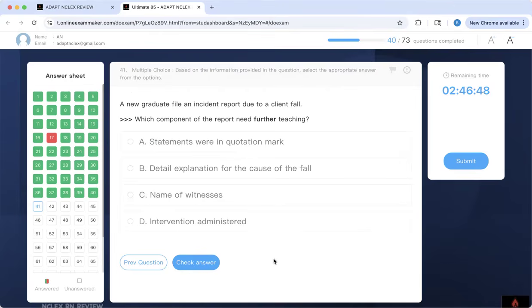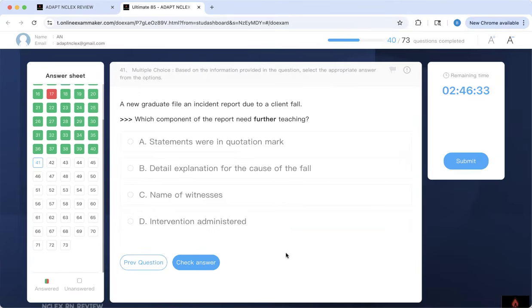Incident report. What should you include? A statement in quotation marks, a detailed explanation for the cause of the fall, the name of the witness, and the intervention administered. Which should you include in the incident report, and which one needs further teaching? I can tell you,